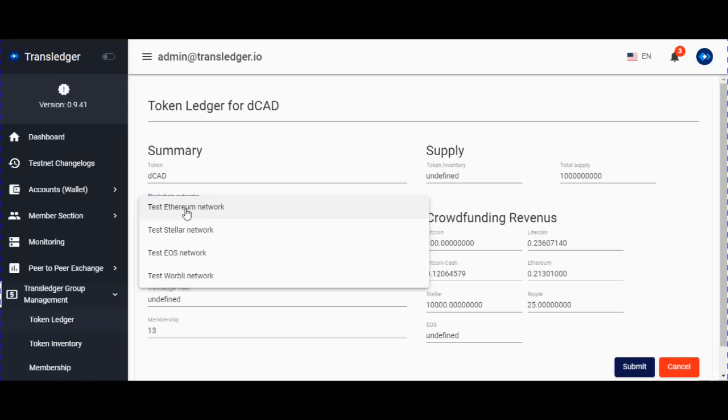But in that case, I was just playing with the token itself, because it is on the testnet, so I was just playing with that name. So it is a little bit different, but replace DCAD by your own token name. Let's call it Gizmo if you want. You can issue that on any multi-ledger platform.